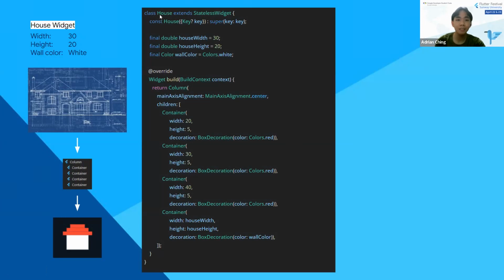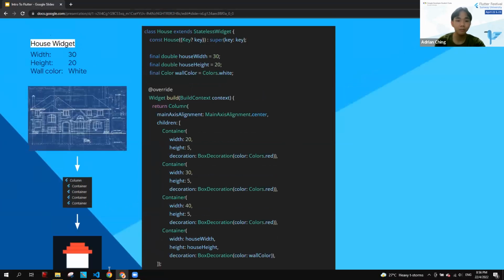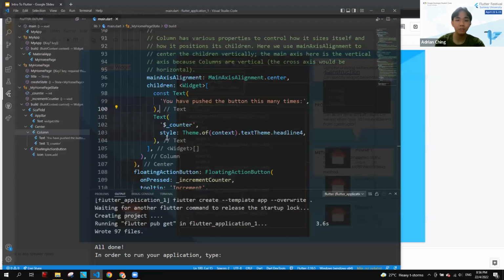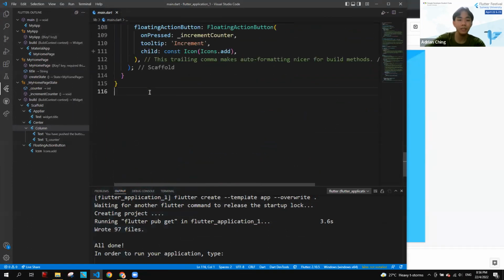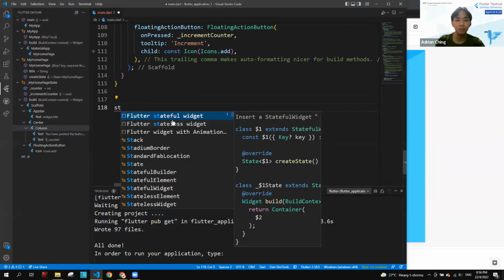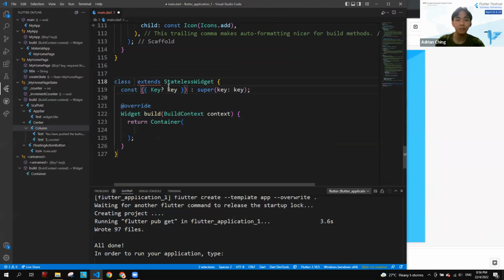As you can see, the widget name is House, and it's a stateless widget. And don't worry, because if you're using Visual Studio Code, you can just type ST and choose stateless widget, and this will be the default template. And that's it.